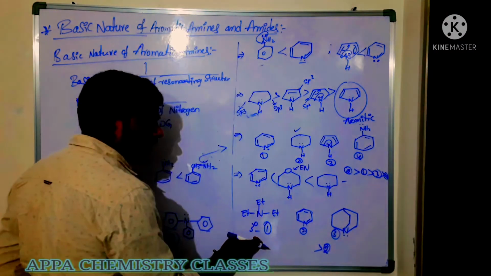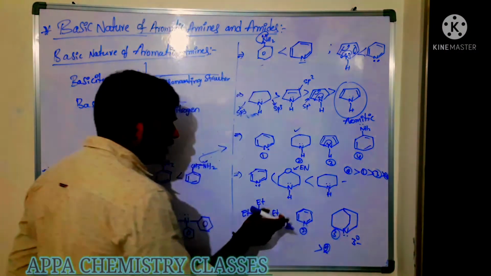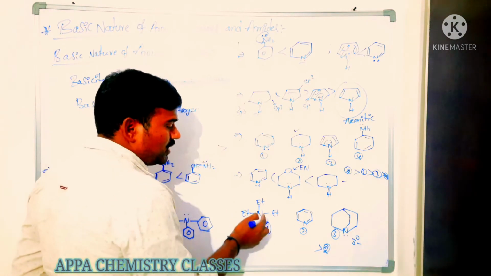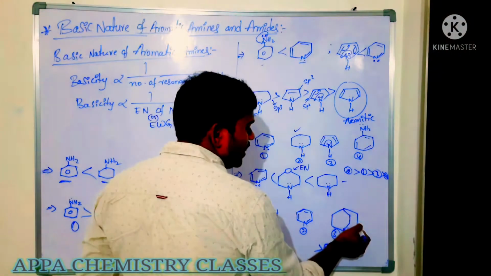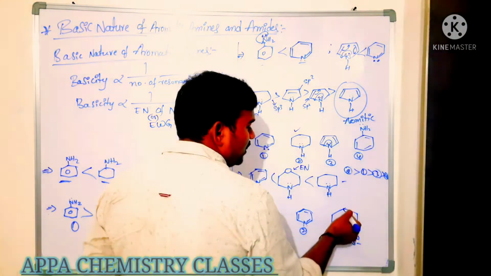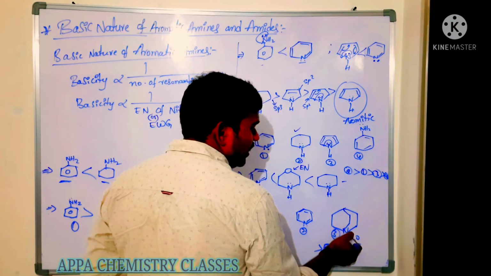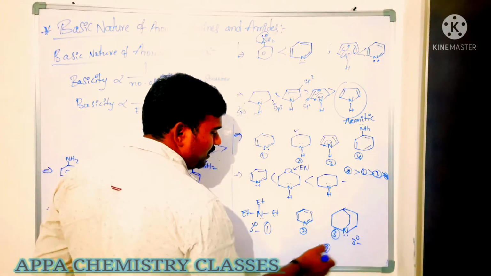This is also aliphatic. This is also aliphatic. Now it is also tertiary amine. Both are tertiary amine. Among tertiary amine, which is more basic one? Now you see here, these three are electron releasing groups. Here also electron releasing groups are there, but a propyl group is there. So it is having the steric hindrance. So due to that, this compound will readily donate the pair of electrons.